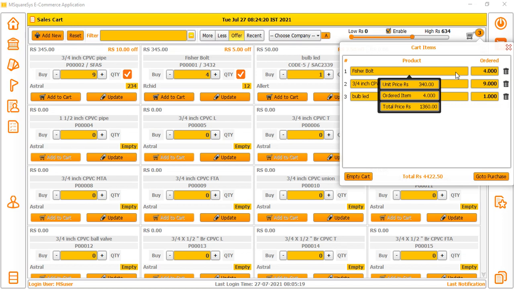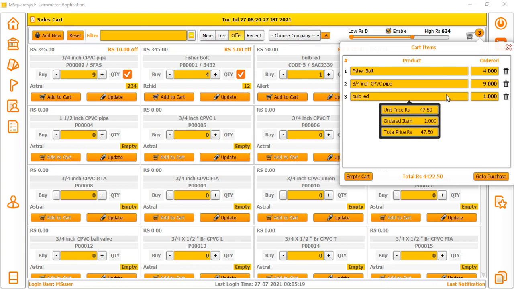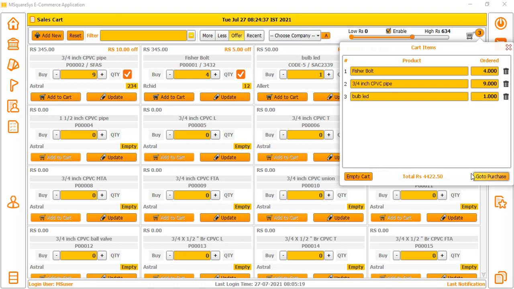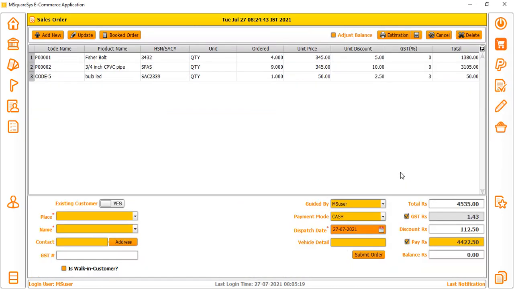Unit price is 340 for the first one, and the second one is 335, and one more is 47.50. So overall the amount you need to pay including GST is 4,422.50. This is the amount the end user, the customer, has to pay.